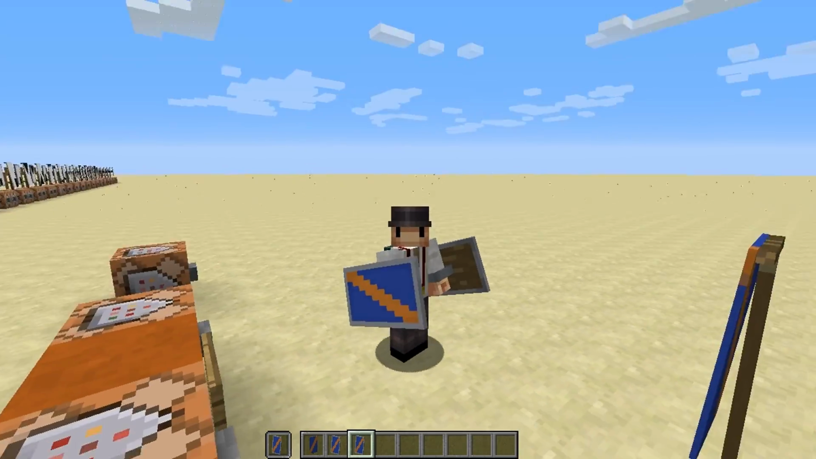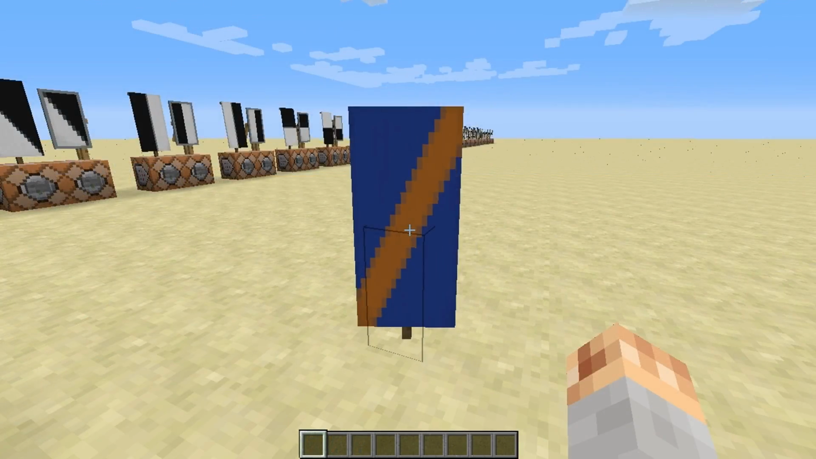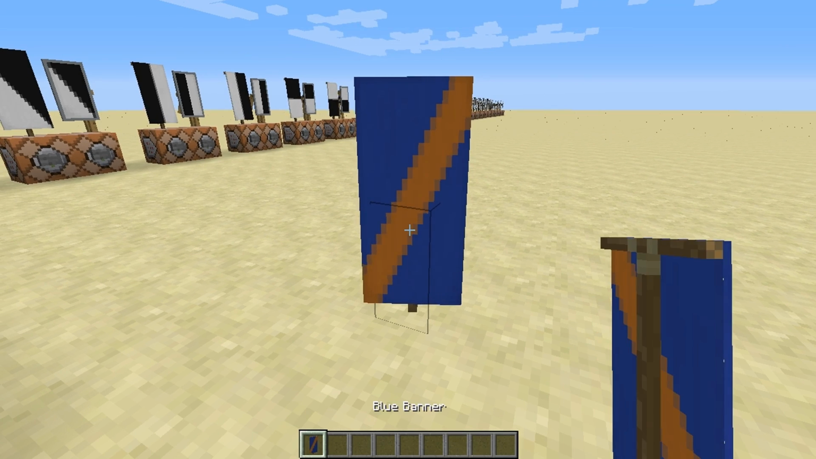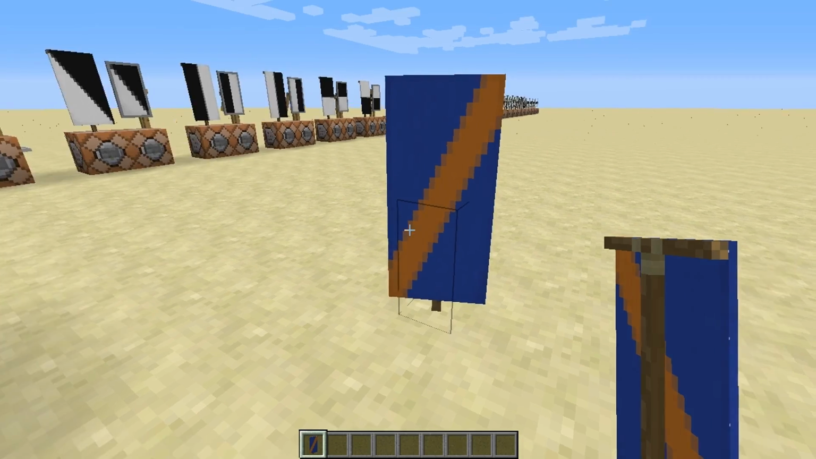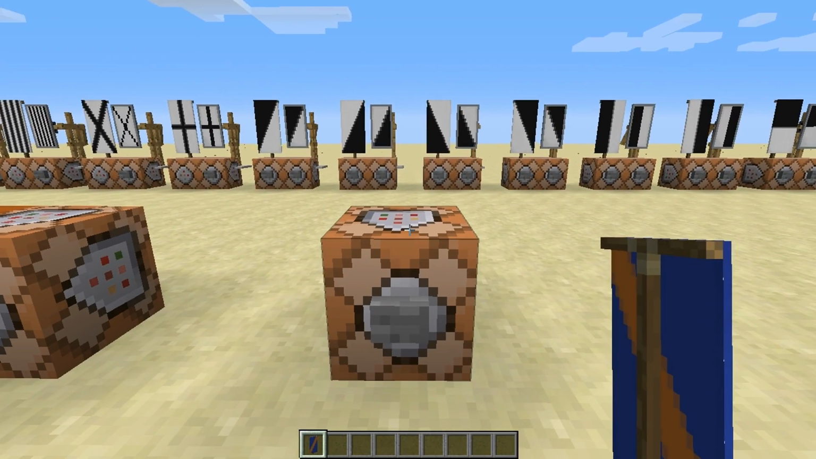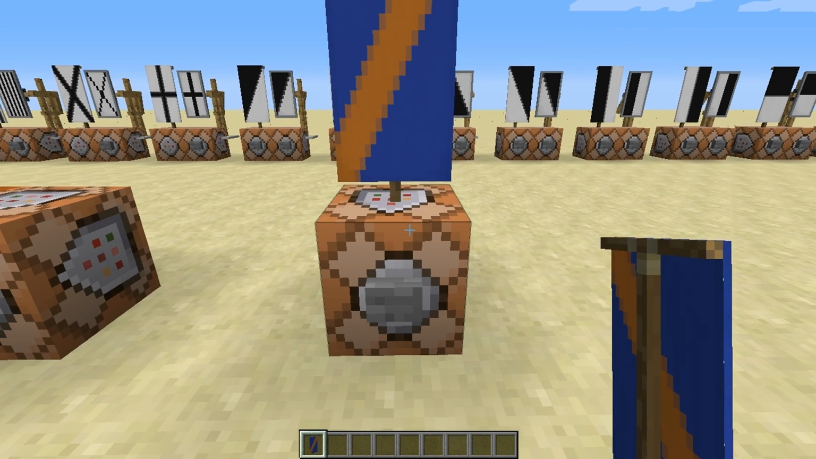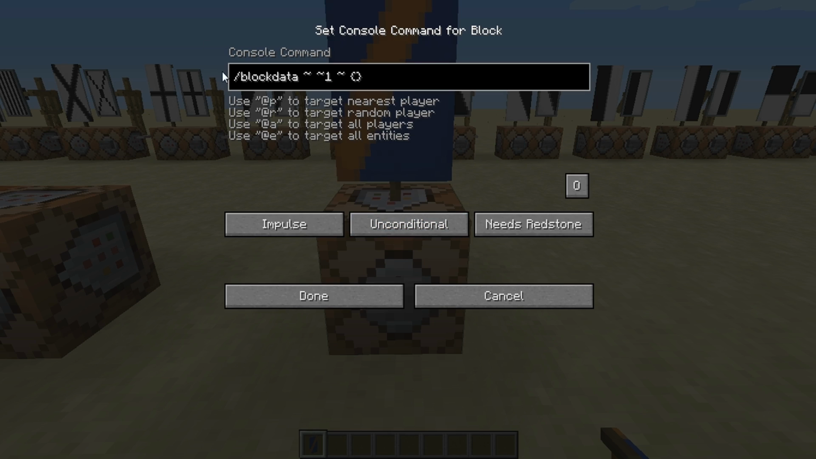Very cool. And finally, if you have a banner design that you really like that's already existent in your world, or maybe you've grabbed it from playing Minecraft and you want the command somehow, it's actually really easy to get. All you have to do is go up to that banner, hold Control, and press the middle mouse button on the hitbox, and you will get it into your inventory. And then the next thing you need to do is just place it on top of a command block, and then in that command block, type this blockdata